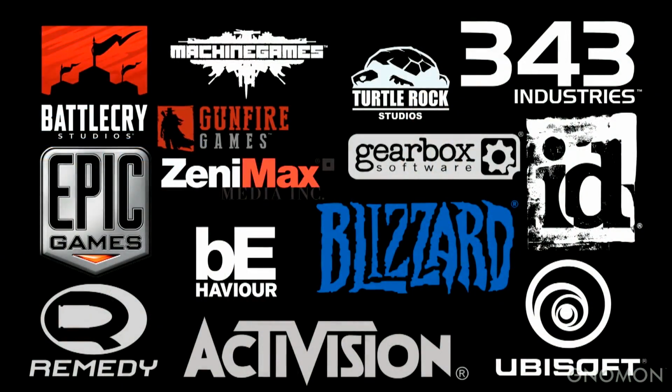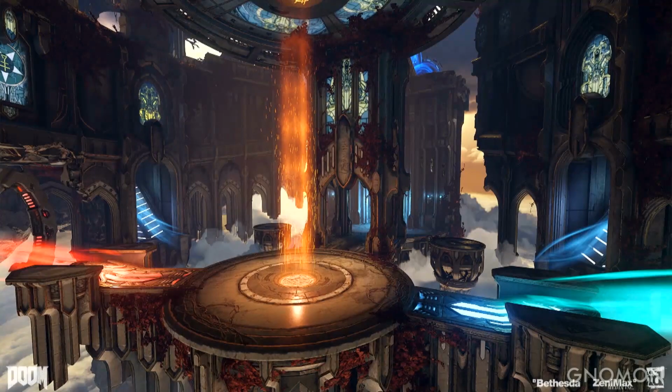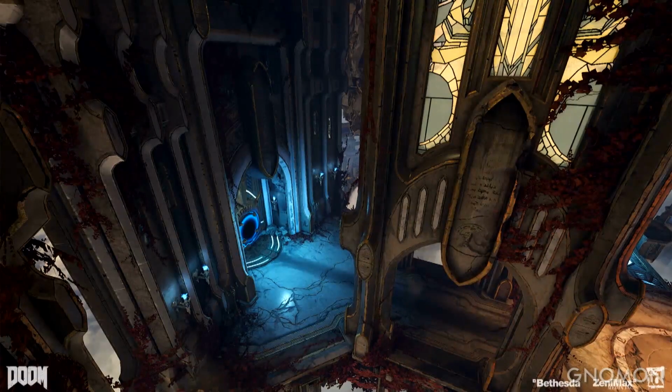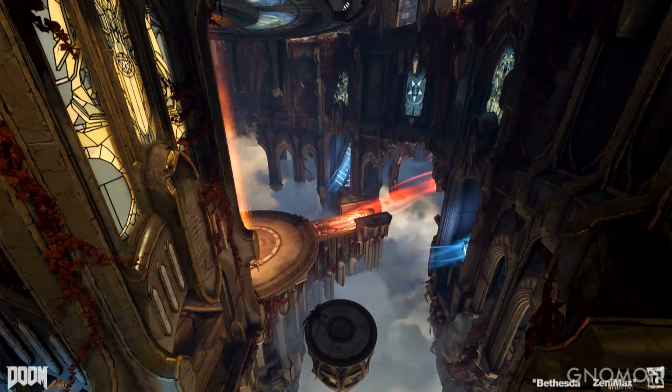So these are just a small subset of companies that I personally know of, just to give you an idea of how prolific Modo has become in the game industry. And these are just some studios that are either using it for content creation or as their primary 3D package with direct engine integration. At BatterCry, we recently had the chance to work with id on the latest Doom, and this is some of the work that we've done with them.